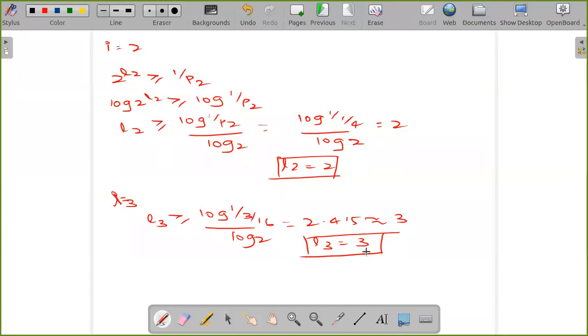Now find what L4 and L5 are. Right, L4 is also 3, very good. Yes, L4 is 3. And what about L5? Go for L5. Yes, it means you people are following what I am solving in this online class, and you telling the answer makes me very happy. L5 is 4. Yes, very good.